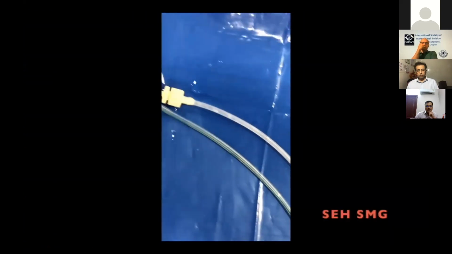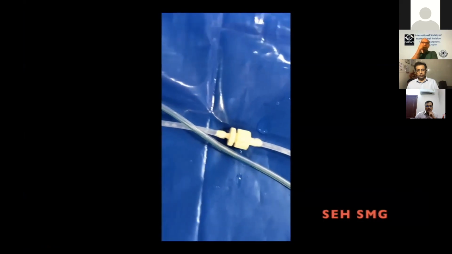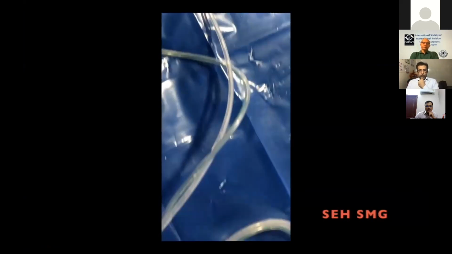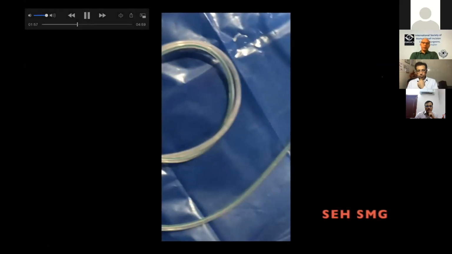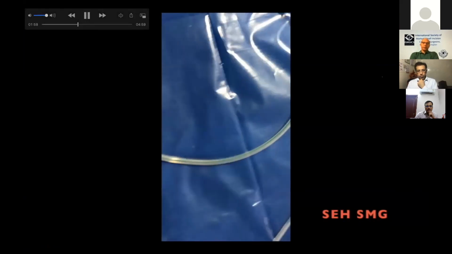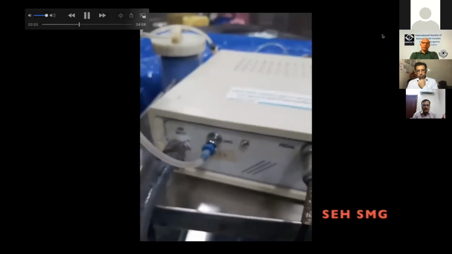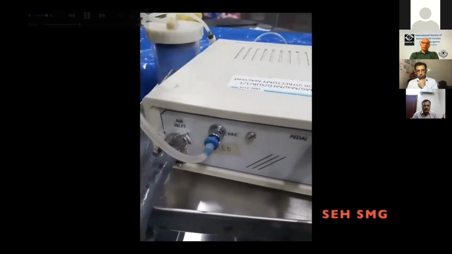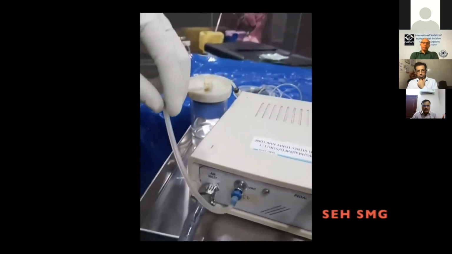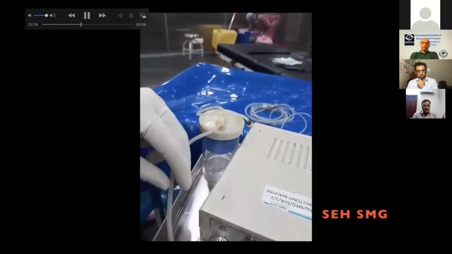This is the cutter with 2 tubes. One is in blue color, the other one is in white color. The blue is for the cutter and the white end is for vacuum. So one should not confuse when you are setting it. The vacuum outlet is connected to the vacuum bottle with a tube.